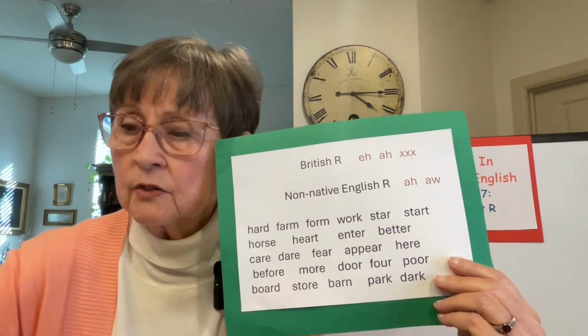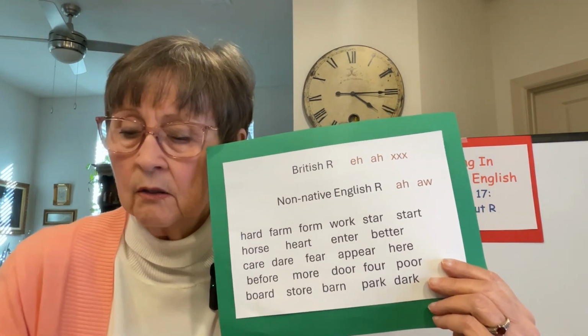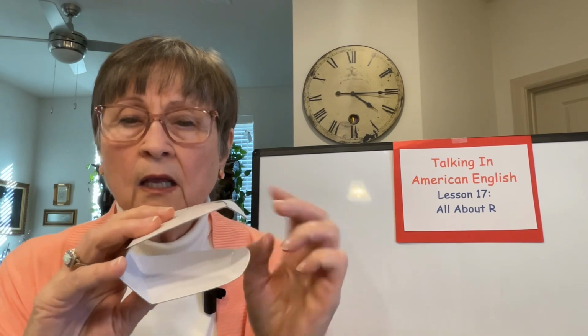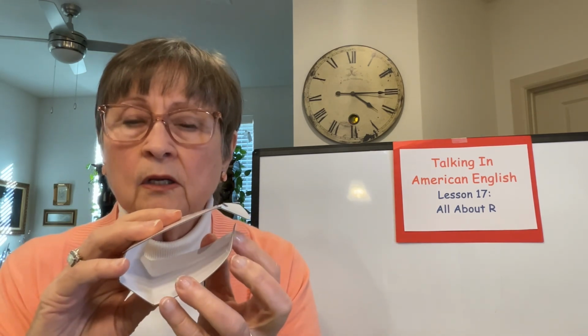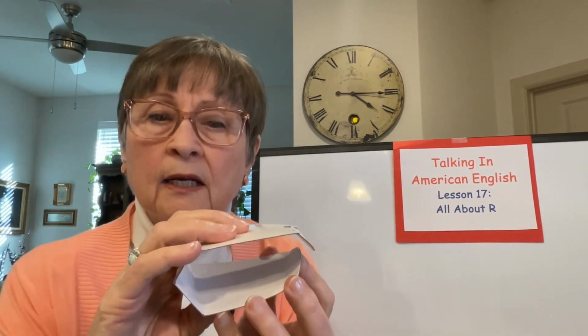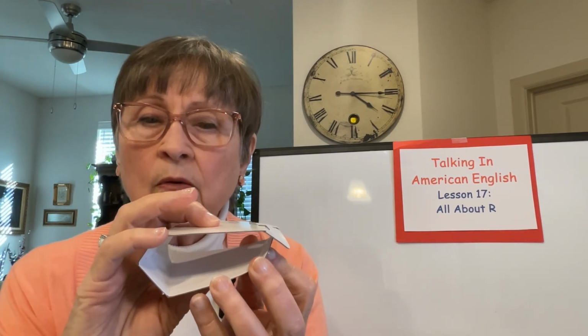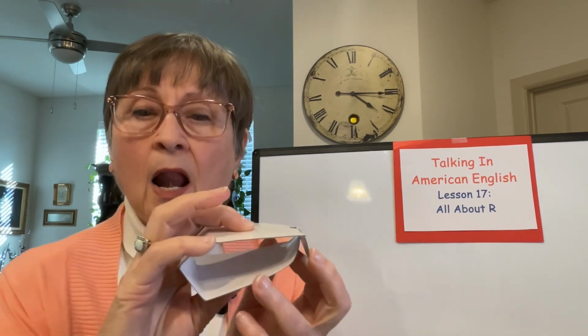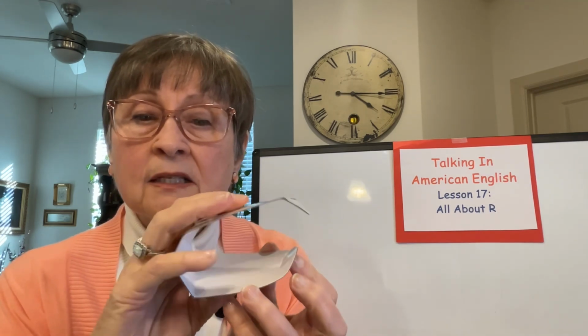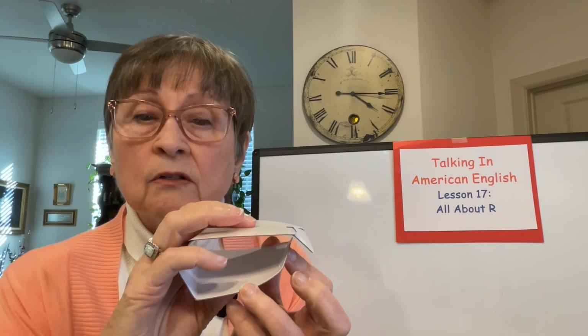Whereas in American English, it's more like what I'm picturing here. If I can do this, I'll put this down. Say this is your mouth and these are your front teeth. In American English, the tongue stays flat. And if you're saying an L, you put your tongue right behind the front teeth right there. And when you pull it back so that it doesn't touch, but it's still curled the same,